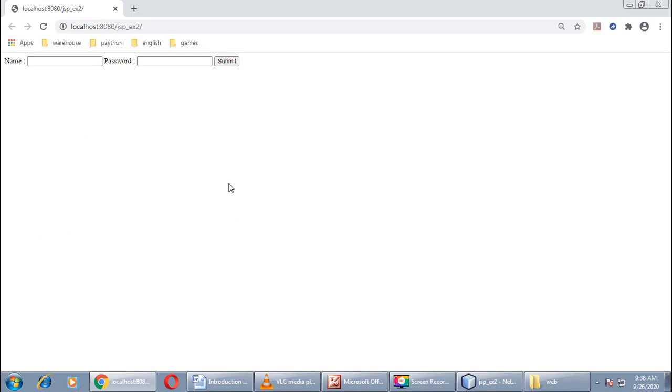This will start the execution of our program from index.jsp. Okay, as you can see here, the text box for entering a name and for a password, both text boxes are visible. One submit button we have provided, and click on submit button. Okay, this will execute welcome.jsp.